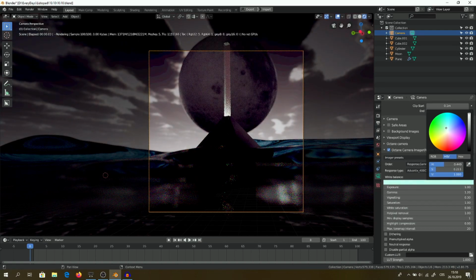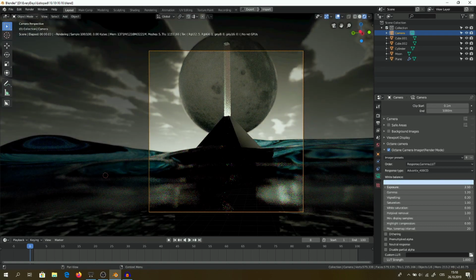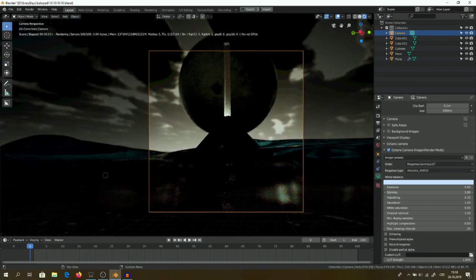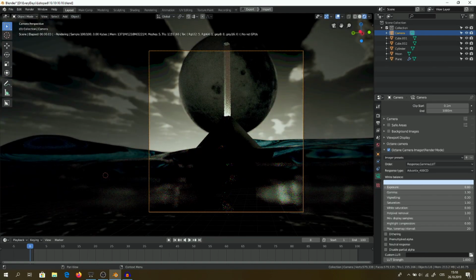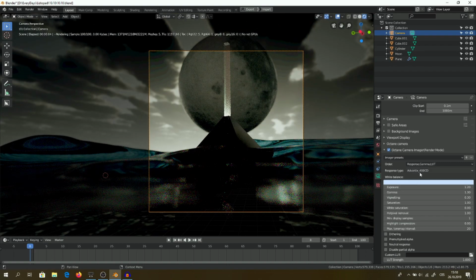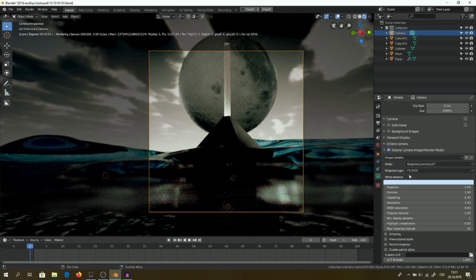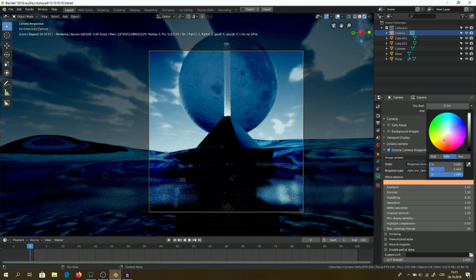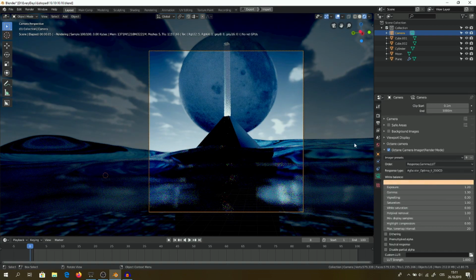So let's say that I want to have it a little bit bluisher, and add exposure, but also increase gamma, actually decrease it. Well, let's go with something else. And you know what? Yeah, let's go something like that. We are going totally bluish color. Add a bit of vignette